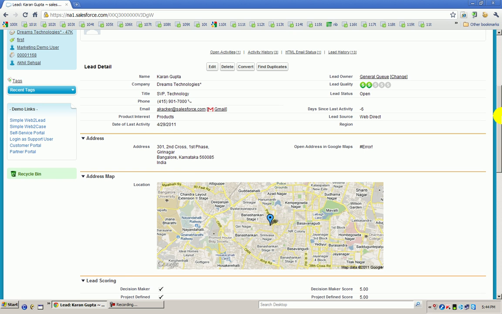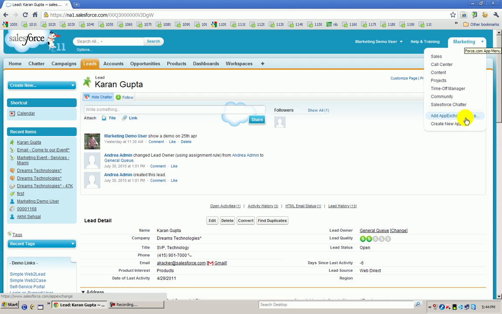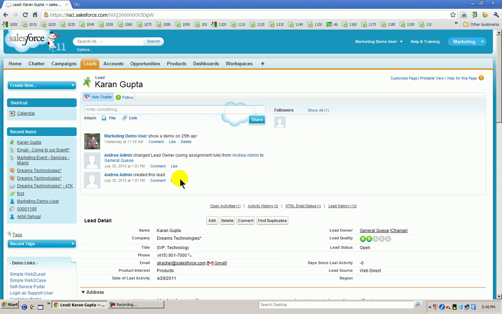Here I can show you one more thing. If you click here, you can see an app exchange application. There are almost 1200 applications available, such as an SMS application, an email application, and a lot of project management applications. Based on your need, you can get applications from there. CRM is not mass email software, so you can get a mass email application and get analytics there. So that is possible.